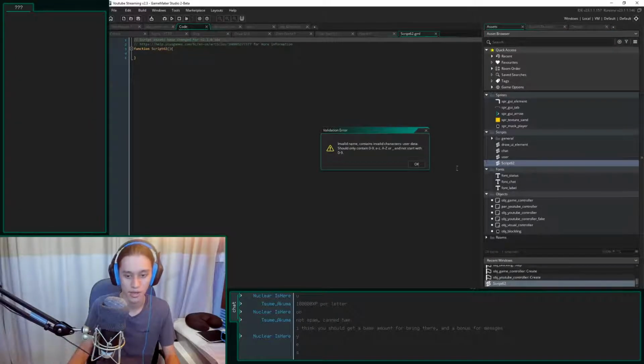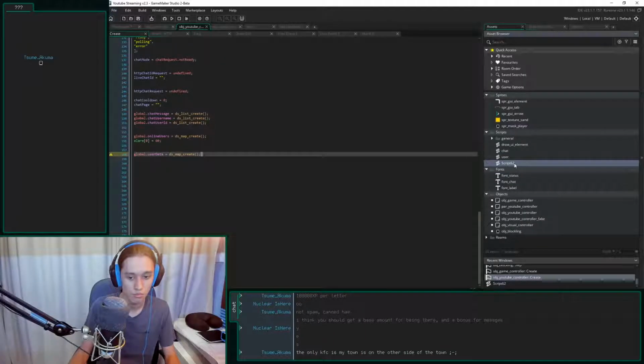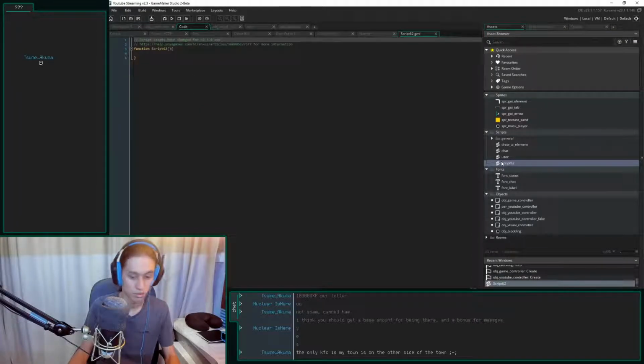Oops, I still can't use that. Can we just put you with my other user scripts? F2 to rename. Load. I'm just gonna call this user data.